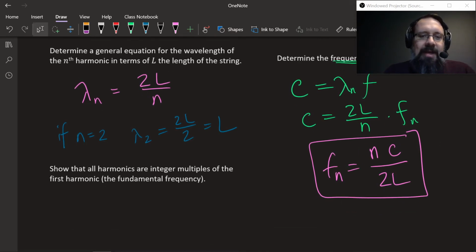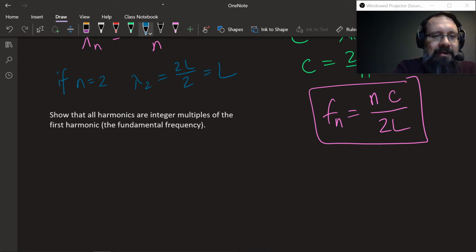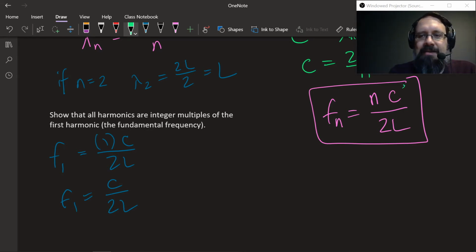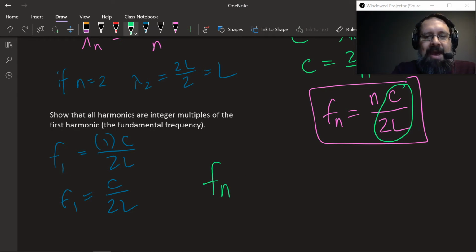Okay, now it says show that all harmonics are integer multiples of the first harmonic. So let's calculate F1. This is called the fundamental frequency, or the fundamental mode, as James called it in his video, or the first harmonic. If I calculate this, I get n is equal to 1, so the fundamental frequency is C over 2L. But then realize that this equation has C over 2L right there. So we can substitute, and say that Fn is going to equal n times C over 2L,